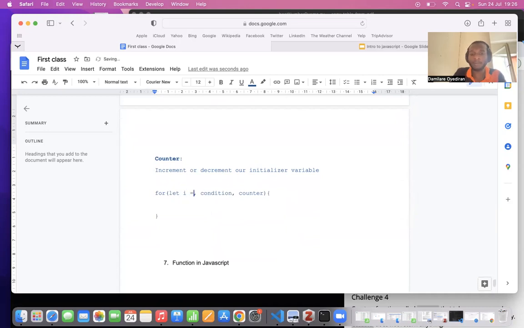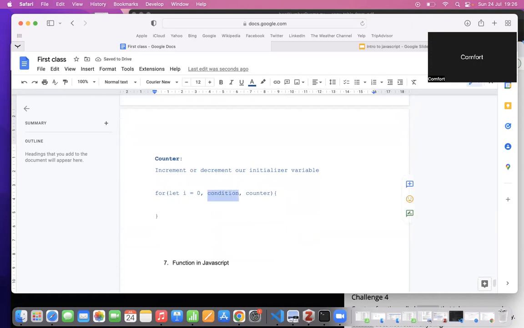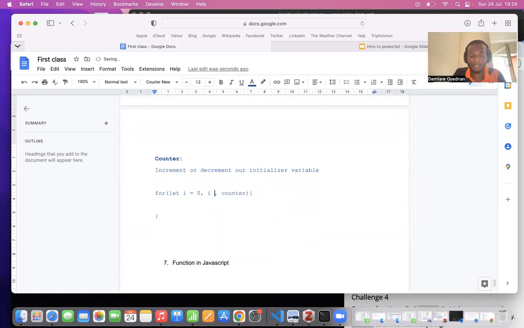Then you give it a value. You can give it any value. It could be 1, it could be 20, it could be 50, depending on the operation you're trying to perform. It's going to take a value. So let's say the value is equal to 0. And you're going to have a condition, and that condition is going to be, you're going to check if I